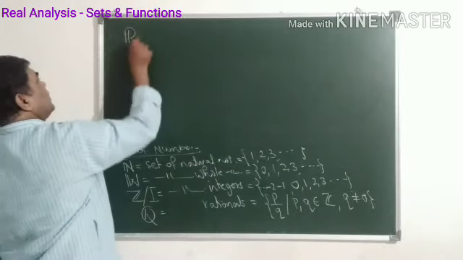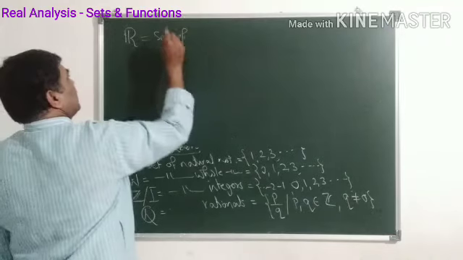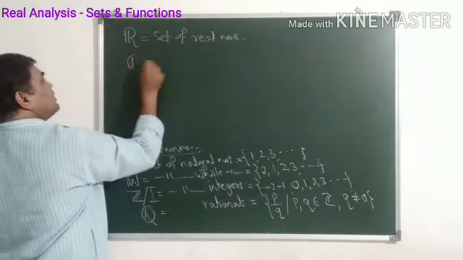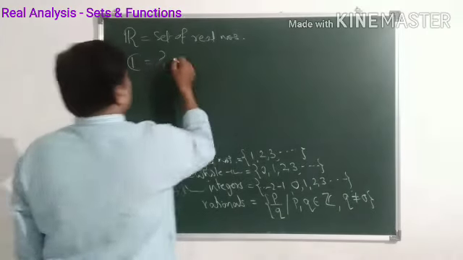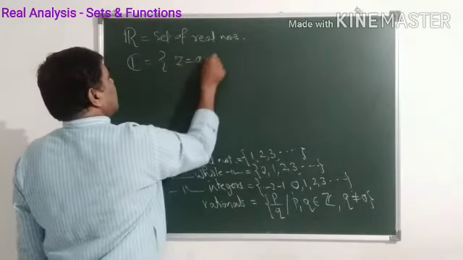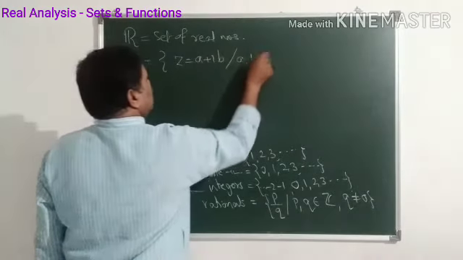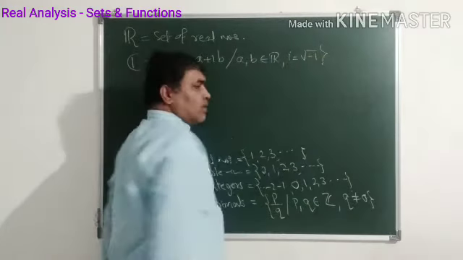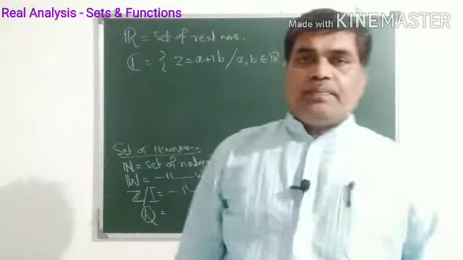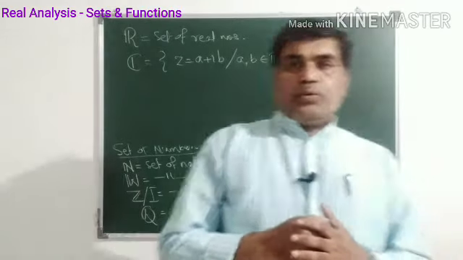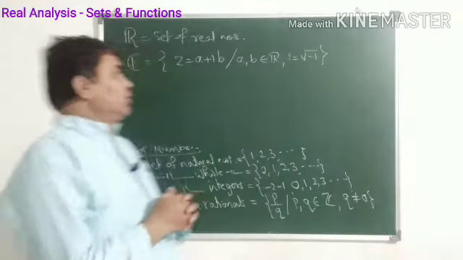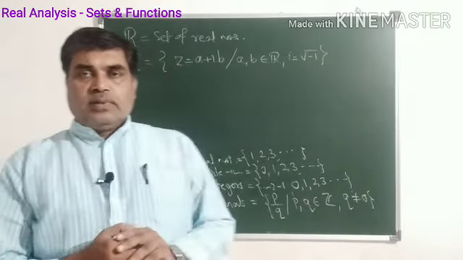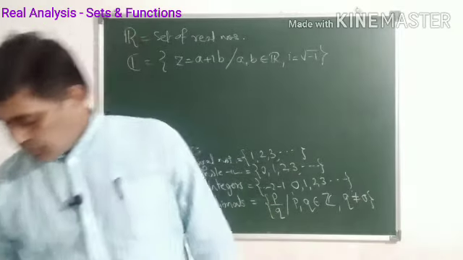So after that, you have studied the set of real numbers, which is denoted by the symbol R, and then you have studied the set of complex numbers, which contains numbers of the type z equal to a plus ib, where a and b are real numbers and i is equal to the square root of minus 1. In our higher secondary state board, you have studied complex numbers firstly in 11th class. So you are familiar with those sets.